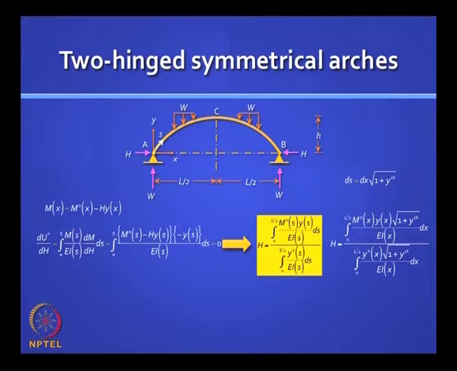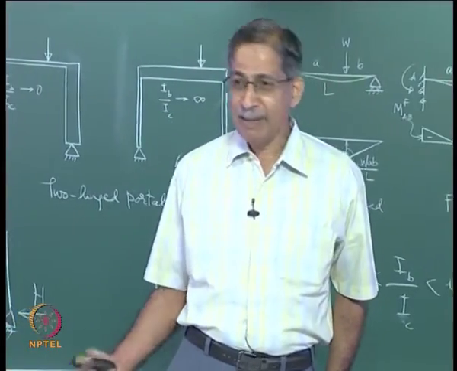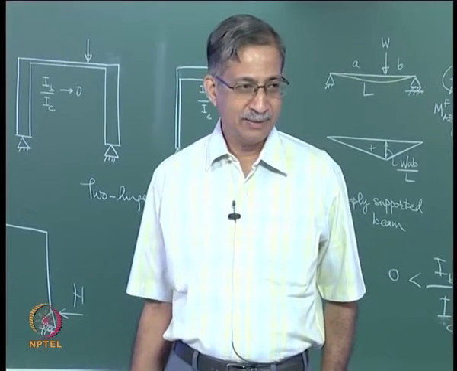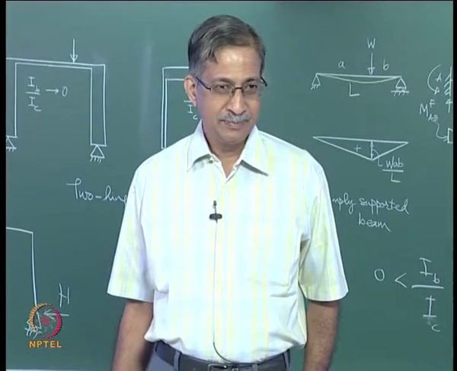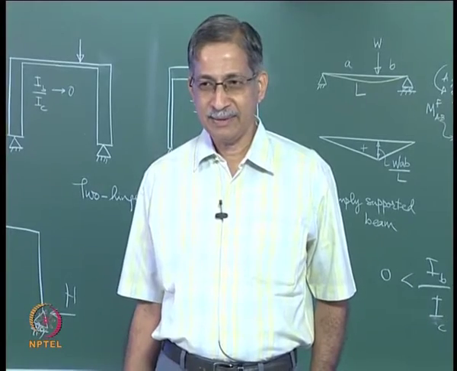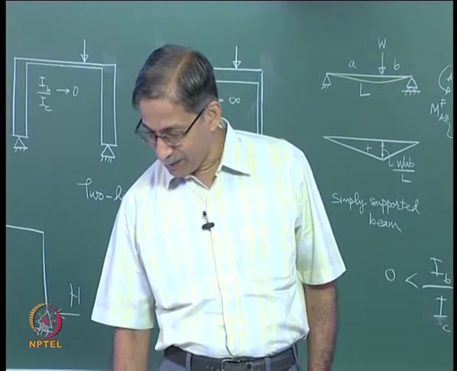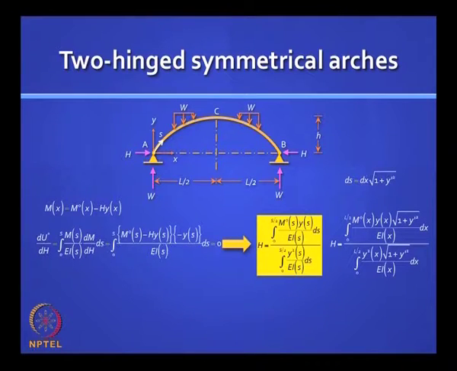M naught can take any shape depending on the loading, so you can't make any assumption on M naught. You have to use your intelligence and do it. And people have done this, and today that is the way you analyze arches. It's simple mathematics, a clever move. How do I get rid of square root of 1 plus y dash squared? If I can just knock that off from that equation. Polar coordinates is not suitable for this, that is suitable for segmental arches.